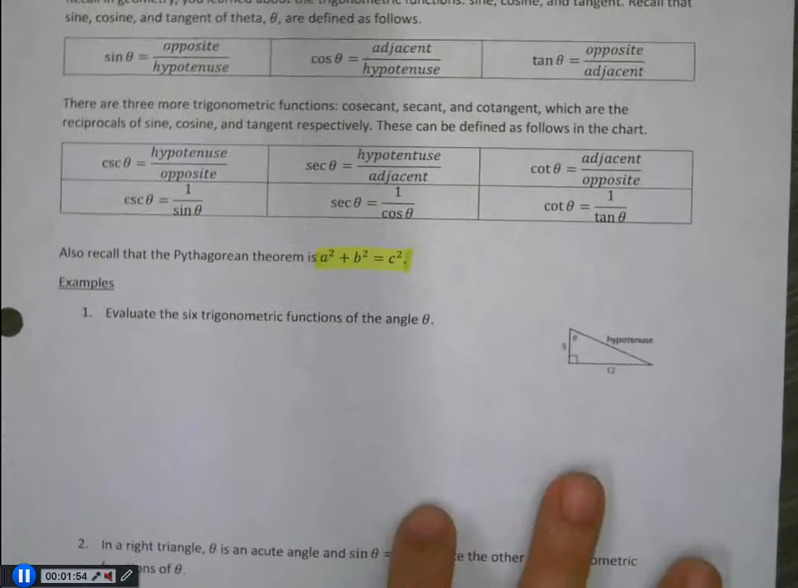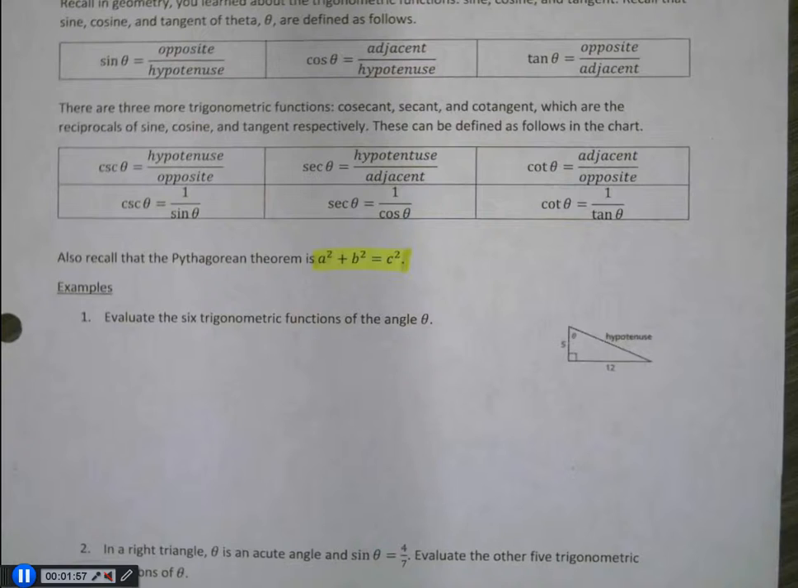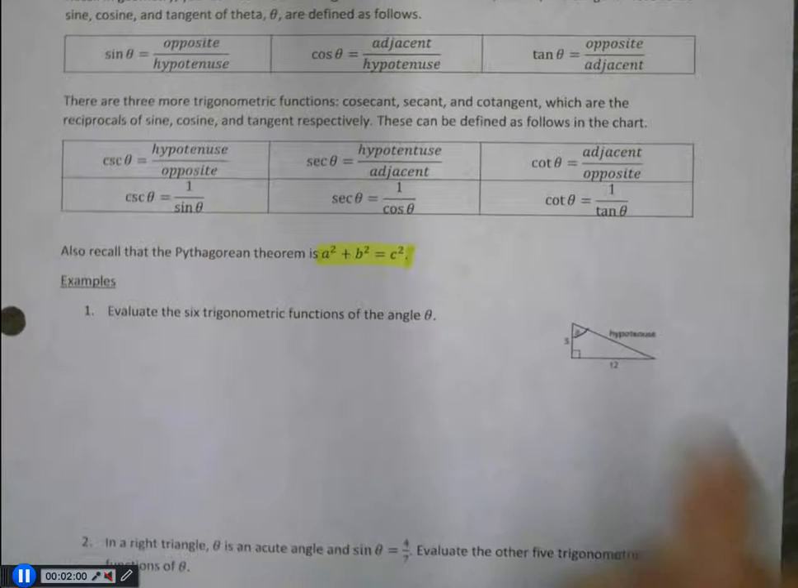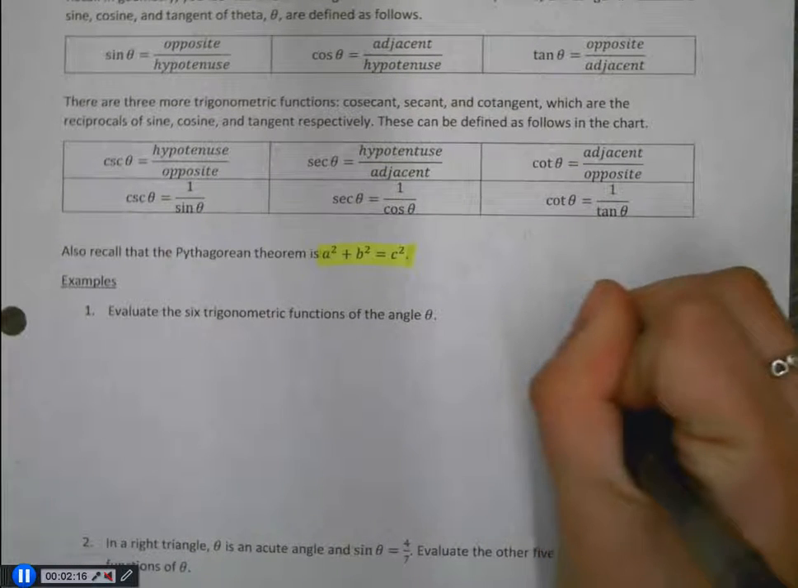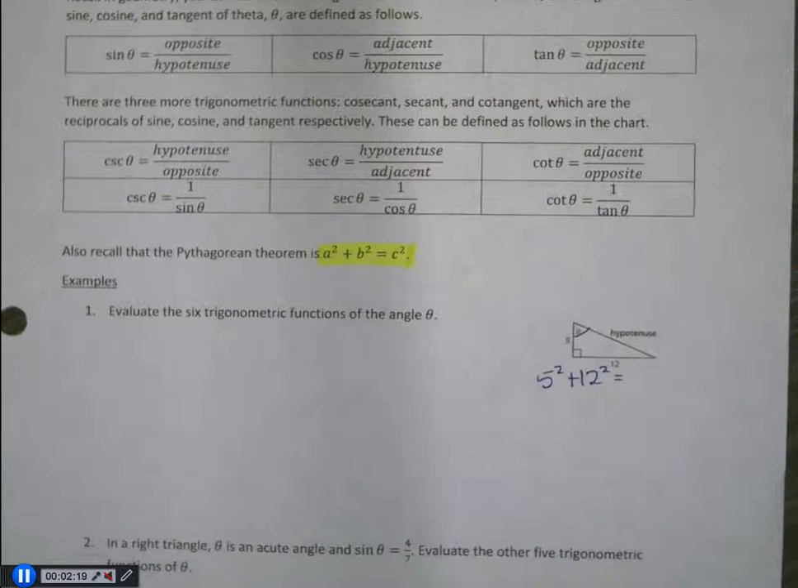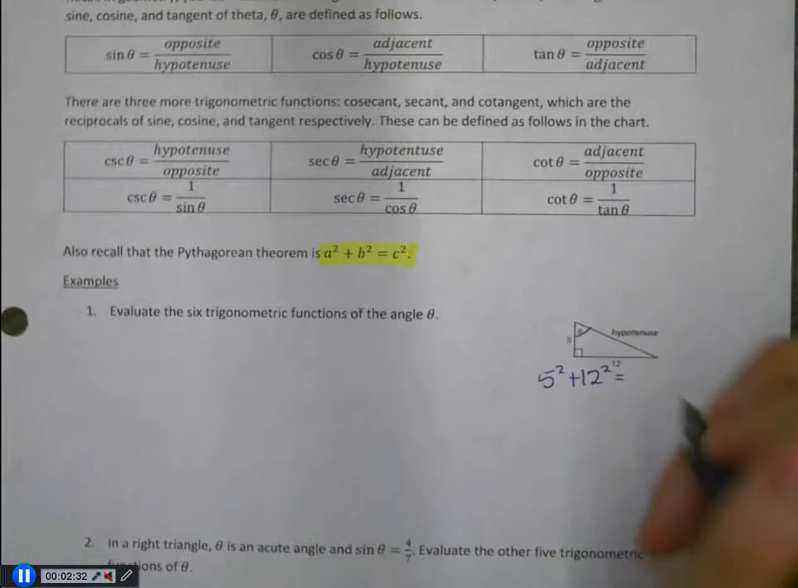I'll need this for number 1. It wants me to find the 6 trig functions of this angle theta right here. And it gives me 2 side lengths, but I need to find my hypotenuse. So, how do I find my hypotenuse? 5 squared plus 12 squared. Okay, so what's 5 squared? 25 plus,